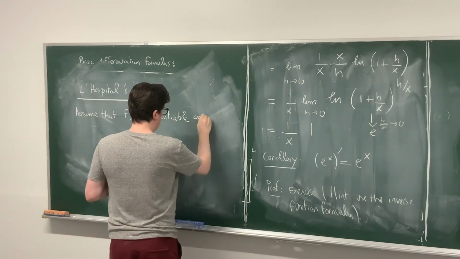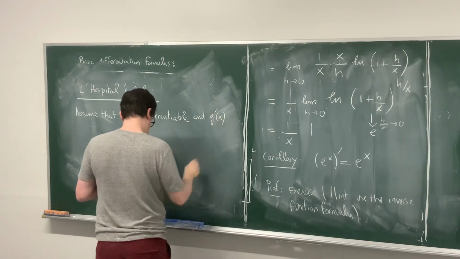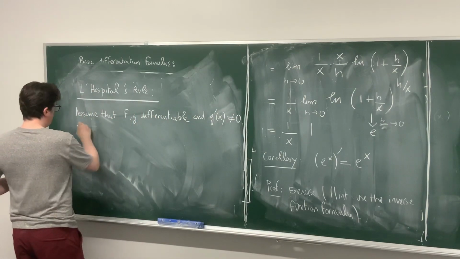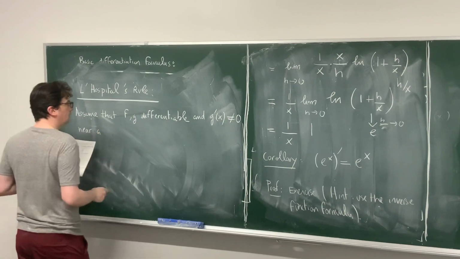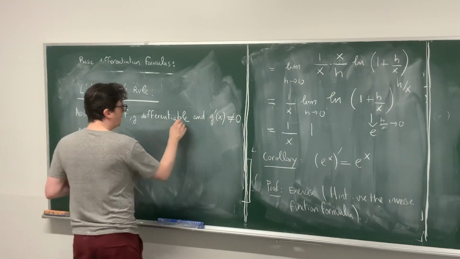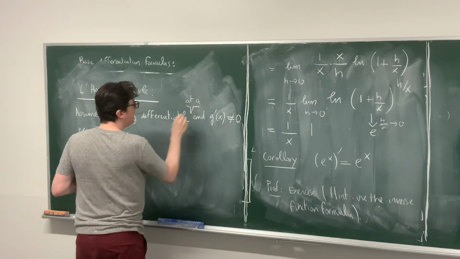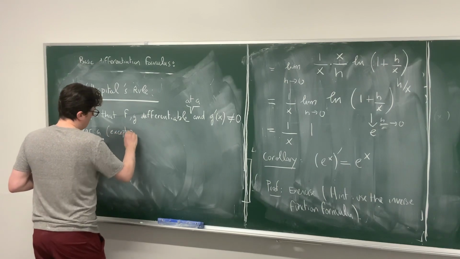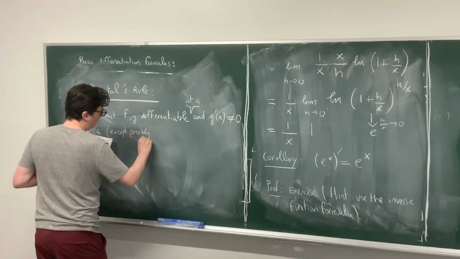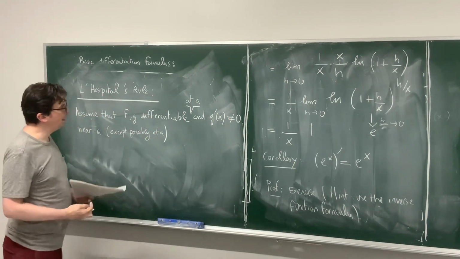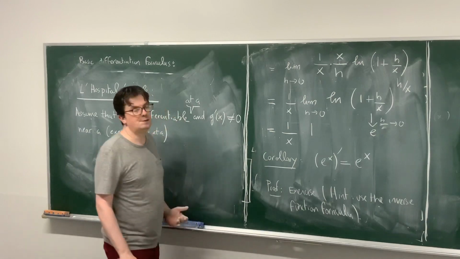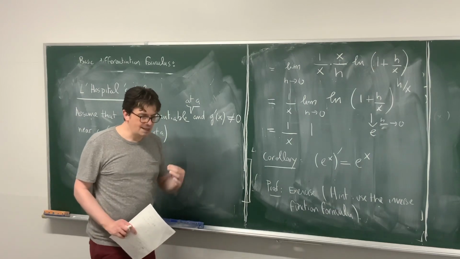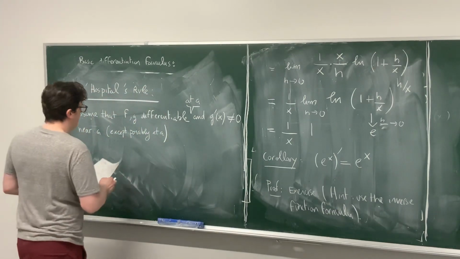And g prime of x is not 0 near a, except possibly at a. Okay, so it's not that bad a condition, because g prime of x could be 0, but you really want that g prime of x, when x is near a, won't be 0, okay? Then,